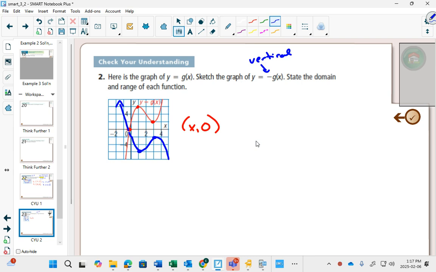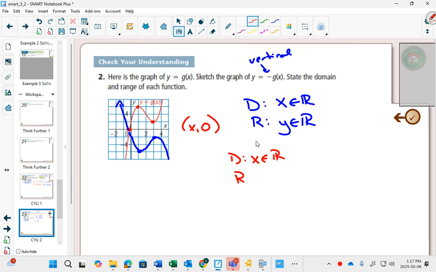And once again, it asks for the domain and range of each one. The domain is everything, and the range is everything, and the same thing on the red. So again,